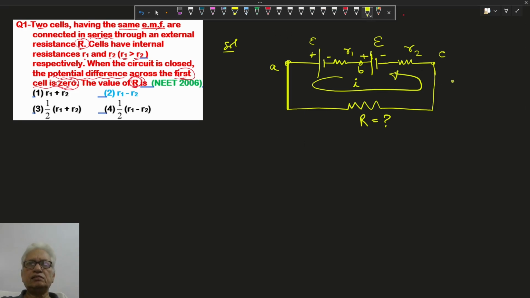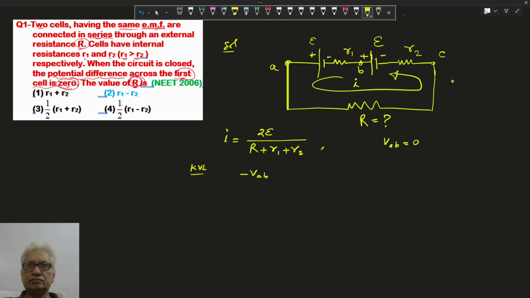In this circuit, both the cells are supportive. The current here is in the clockwise direction. Current I equals the total voltage E plus E divided by the external resistance plus the sum of the internal resistances. When the voltage across A and B is zero, using Kirchhoff's voltage law,